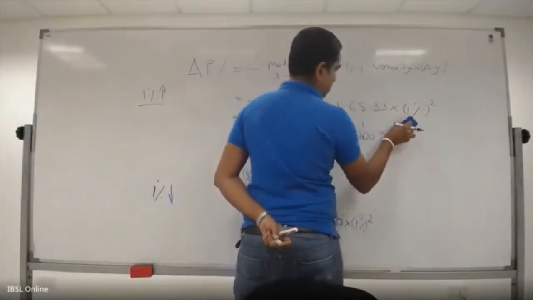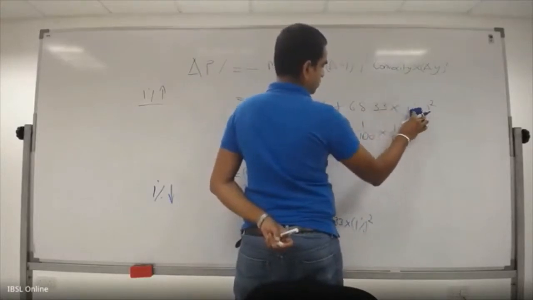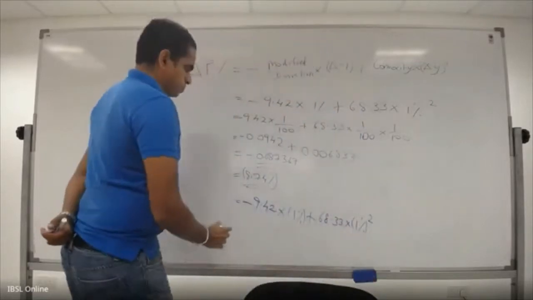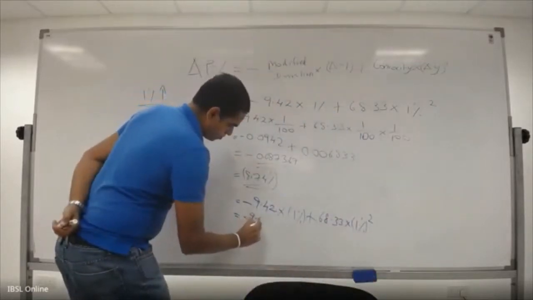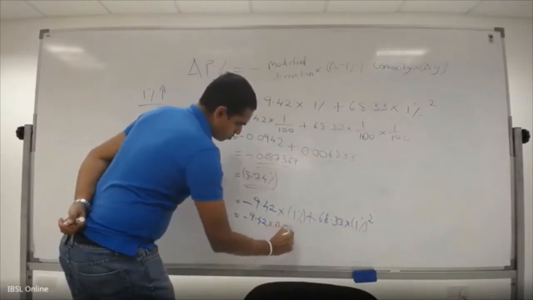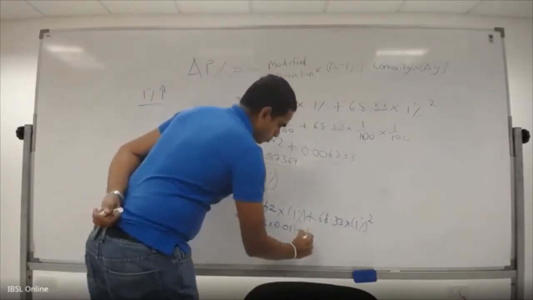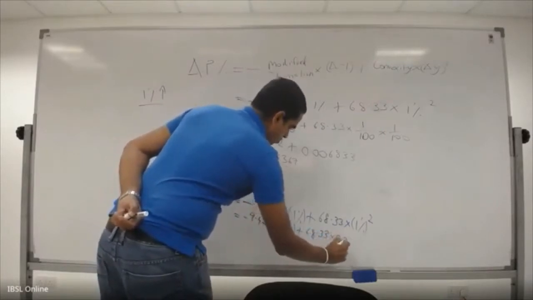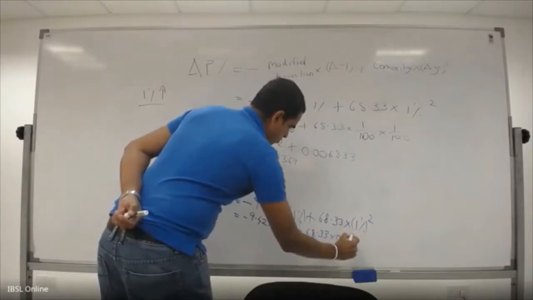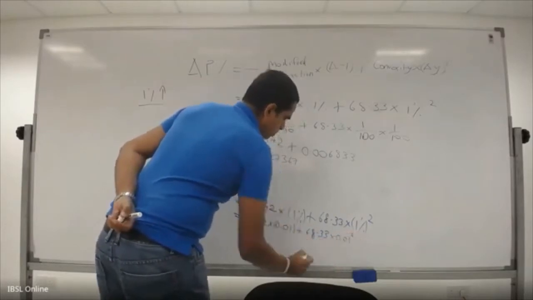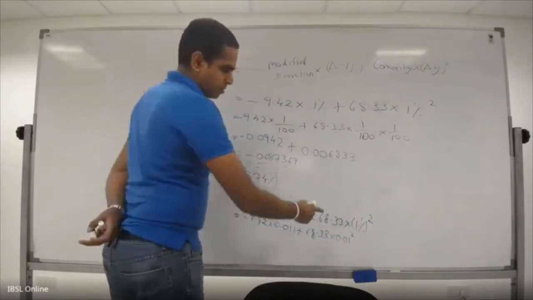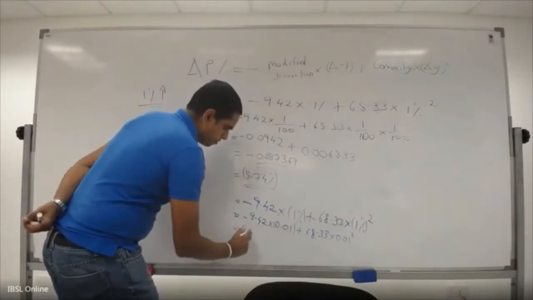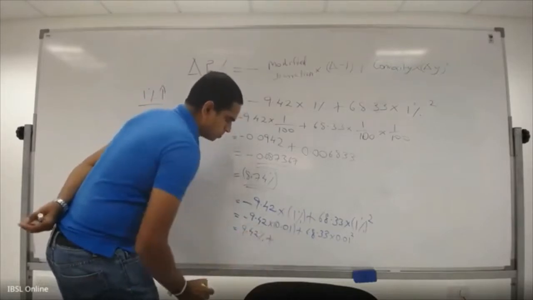Well, this is not negative, it has to be positive, like minus 1% squared becomes 1% squared, positive. So minus times minus, this is 9.42% plus